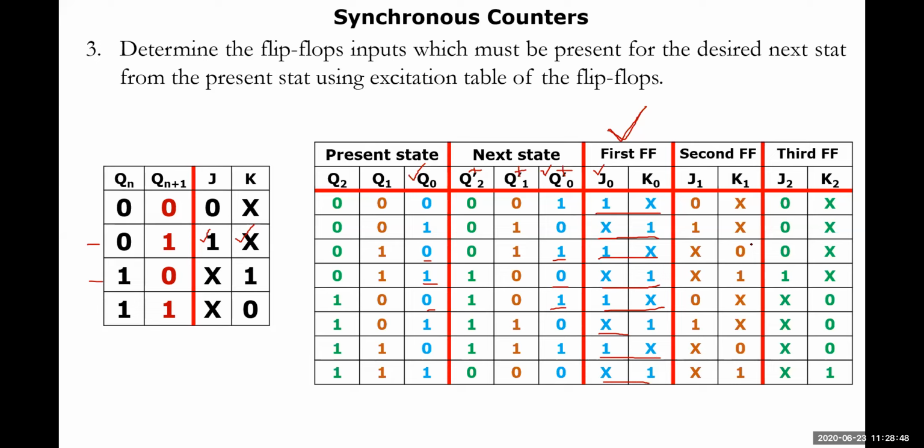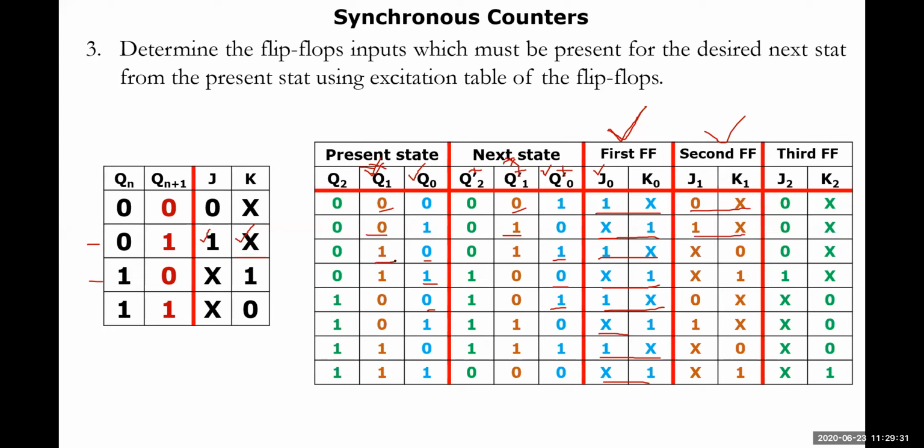So let us look here. Let us have a look here. Let me evaluate that particular point today in the explanation. Okay, so look at this. Here, for the second flip-flop, what are the inputs based on the excitation table? You may consider this one, and this one will be taken into consideration. Okay, 0 and the next state will also be 0. 0, 0 means J will be 0 and K will be don't care. And then 0, 1: for 0, 1, J will be 1 and K will be don't care. Yes, it has been taken.